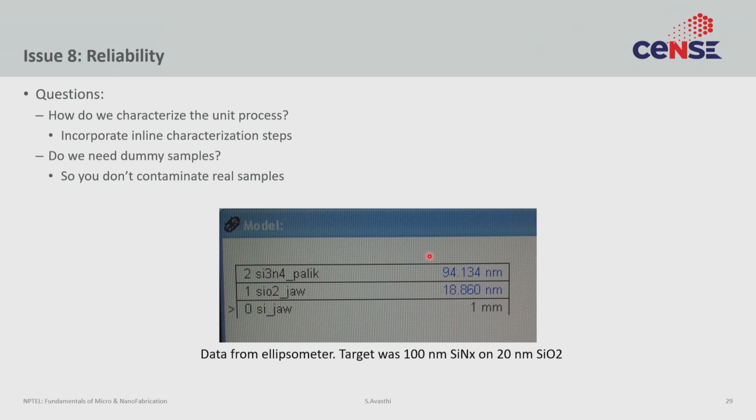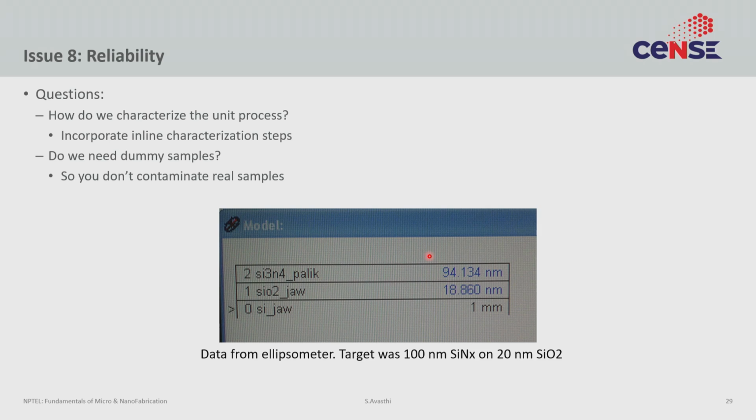But even in academic circles where you just want that one device to work, it's sometimes important to think of reliability, because if the student is making 10 runs and only one run is becoming successful, then they're taking 10 times longer than is required. So maybe it's worth it to spend more time designing the process such that the reliability becomes 80-90%, so that just 1 or 2 runs are enough to get a device out, right?